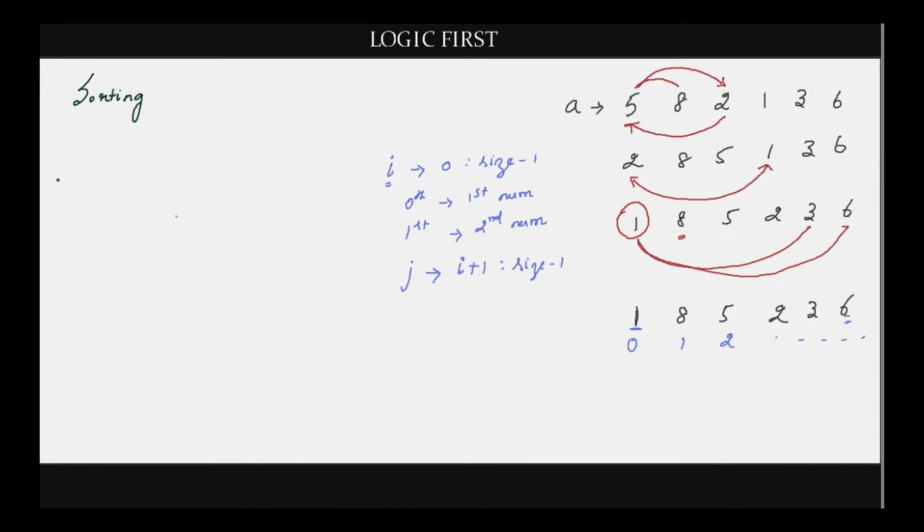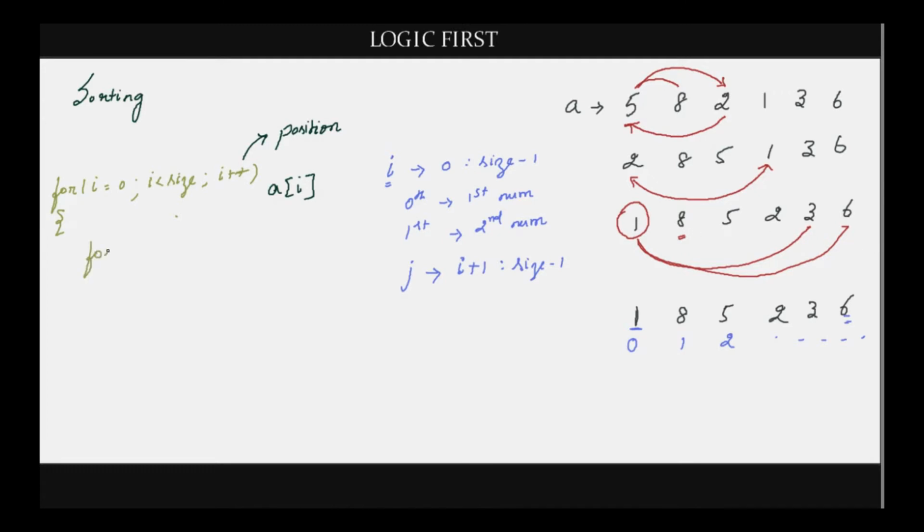Let's now write the program. For I equal to starting with 0, I less than size of the array, I plus plus. You have to increment one element at a time. So it's I plus plus. This loop is going to help us decide the position of the element. So at any point of time, A of I denotes the element in the position to which you are going to compare all the other numbers.